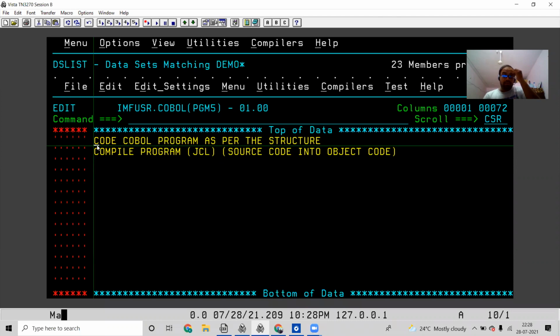So in the COBOL program, first we need to code the COBOL program as per the COBOL structure. So before coding the COBOL program, we need to understand the structure of the COBOL. After coding the COBOL program, then we need to compile the program. For compiling the program, we will use JCL. And the utility for compiling the COBOL program is